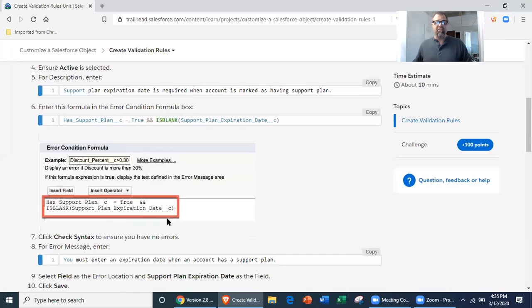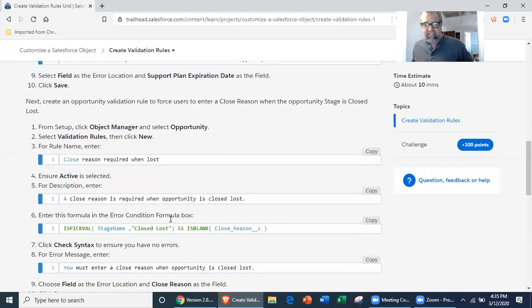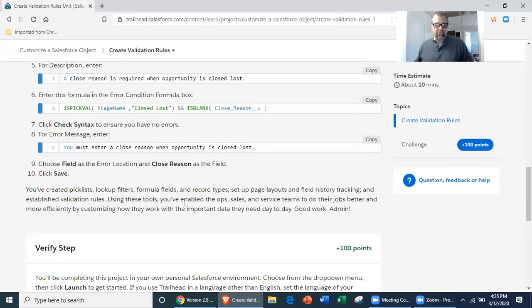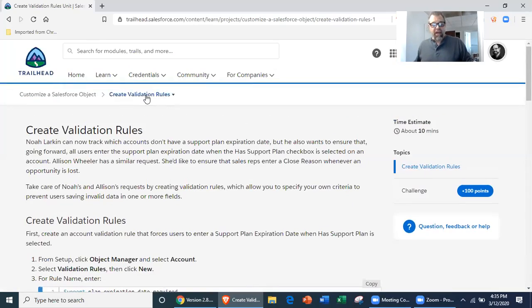Now, this is a very simple validation rule. They can get very complex. You are not expected to understand that. You just need to know that it's available and how it kind of works. And you can verify that step. So with that in mind,